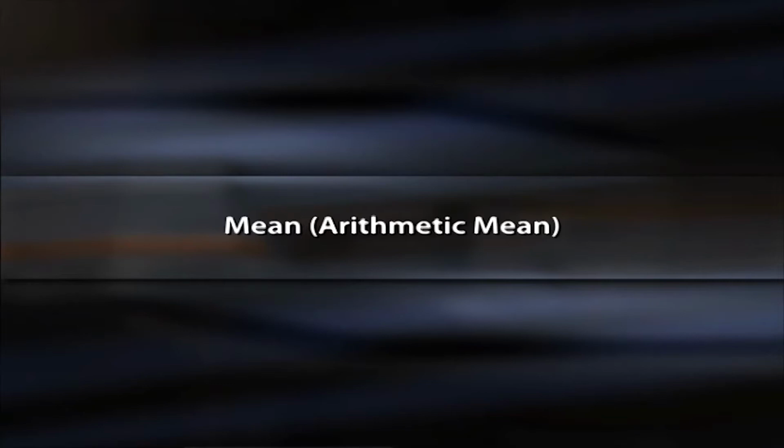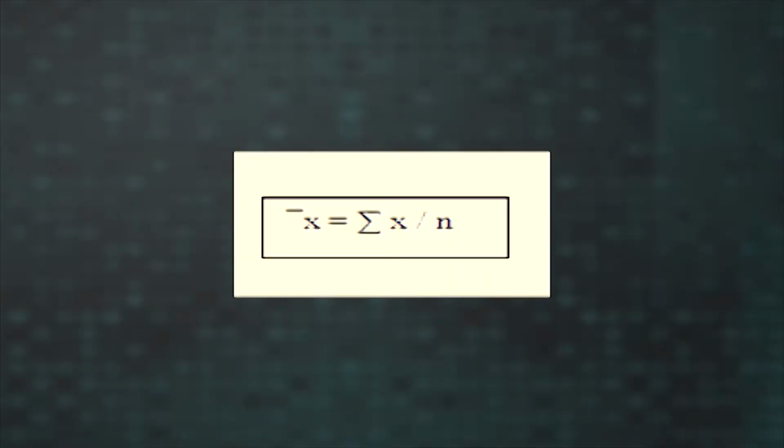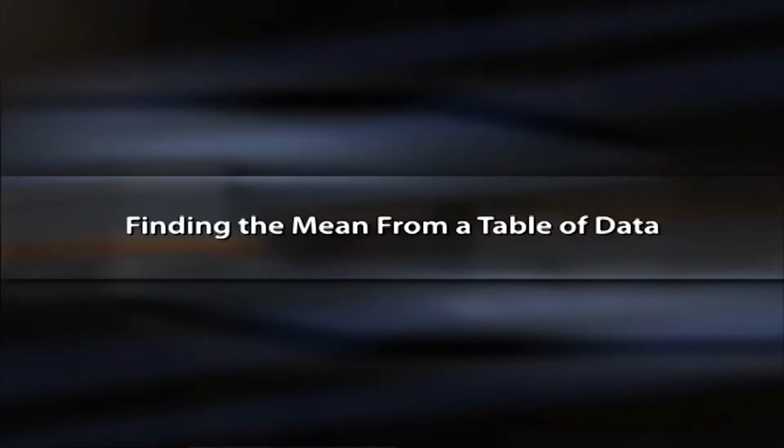Let us begin with the calculation of the mean, or arithmetic mean. To calculate the arithmetic mean of a set of data, we must first add up all of the data values, that is Σx, and then divide the result by the number of values, that is n. Since sigma is the symbol used to indicate the values are to be summed, we obtain the following formula for the mean: x̄ = Σx / n. You have learned the method of calculating mean from raw data. How can we find out the mean from the table of data?